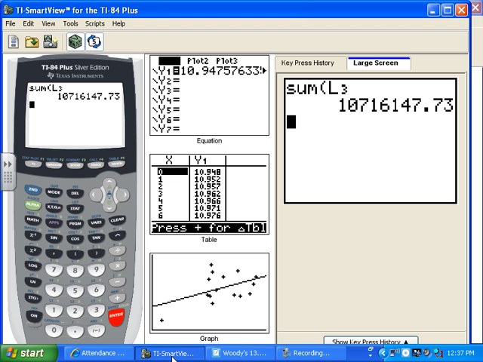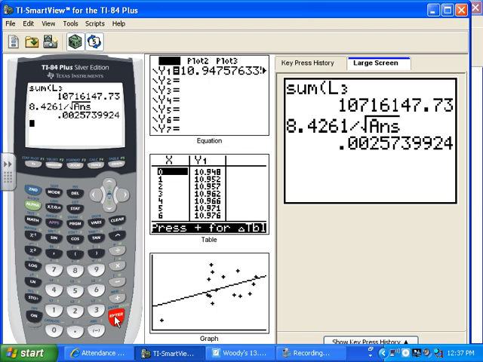It'll be 8.42, what was it, 61? Divided by the square root of that answer. Okay? And that'll get you, now, that's the standard error for your slope. Yes? So if you have a TI-83,